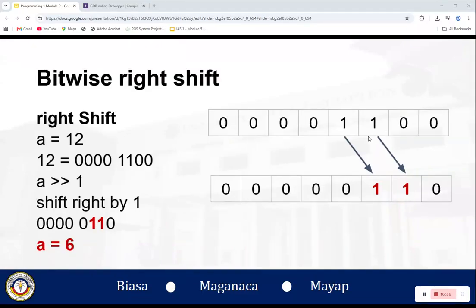On our previous slide, we mentioned that for the left shift, it will just move one to your left, but this time the movement will be to the right. So from the third slot, the one now moves one to the right, so it will now be moving to the second slot. The one in the fourth slot will now be moving to the third slot. So the binary value now becomes